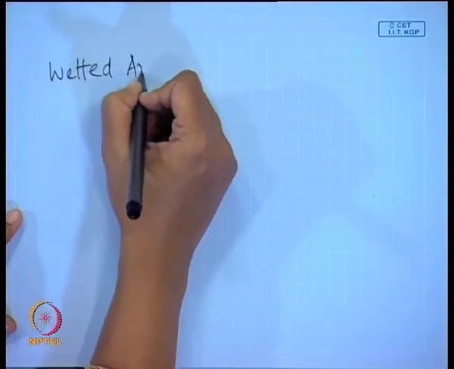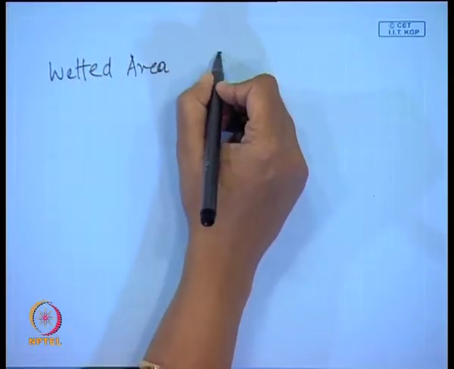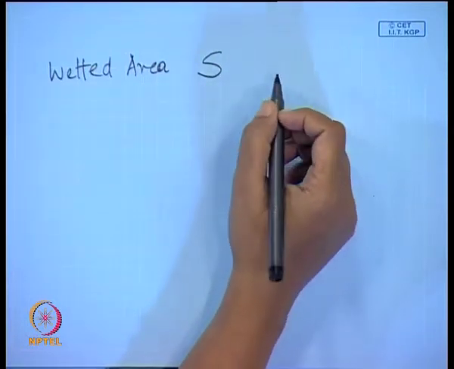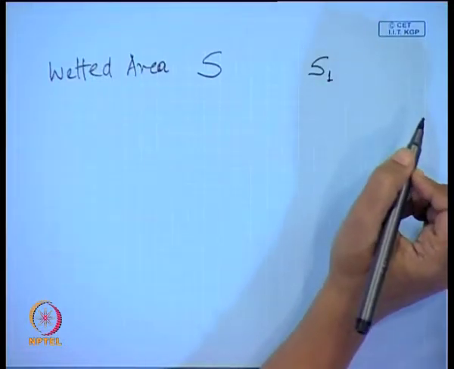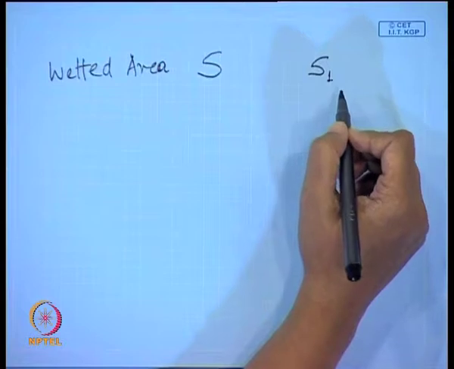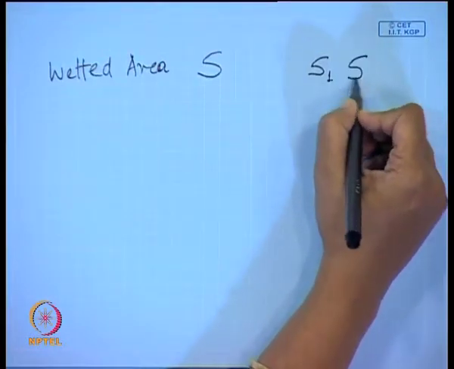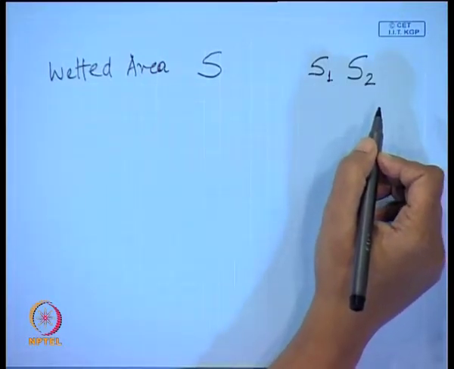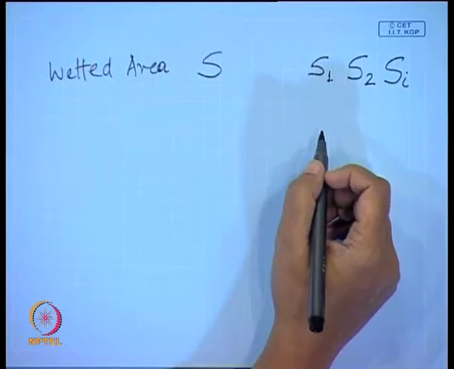Well, after the cross sectional area, we have the wetted area, or the wetted perimeter as you say. Usually you can denote it as P, but I prefer to denote it as S. In this particular case, for two phase flow situations, we will have an S1. S1 denotes the area in which phase 1 is in contact with the wall. We would have S2, the area in which phase 2 is in contact with the wall. In addition, we are going to have an SI, the interfacial area as well.